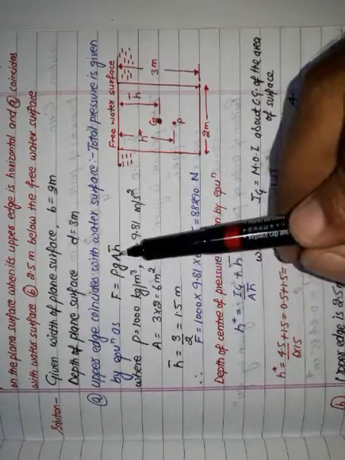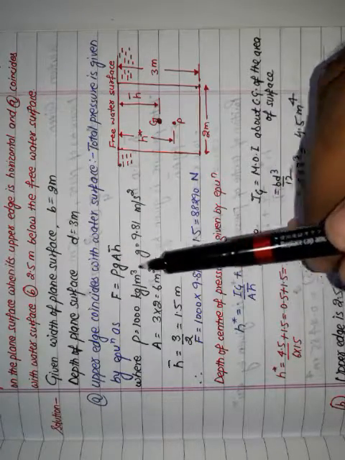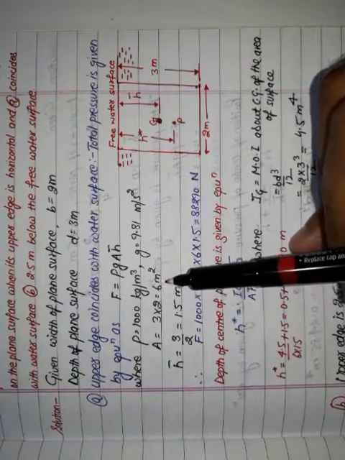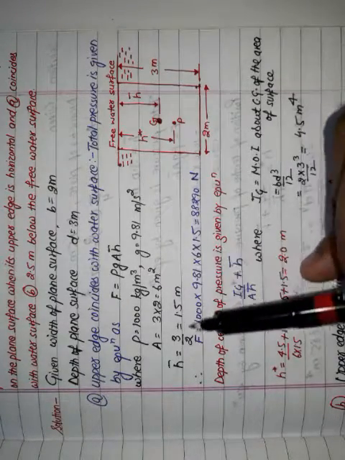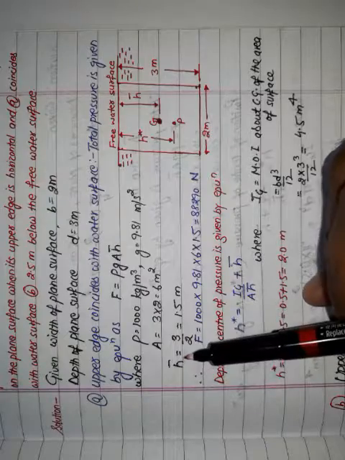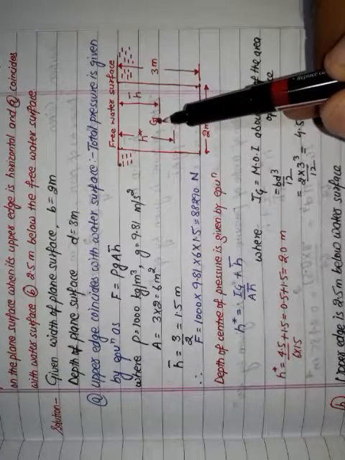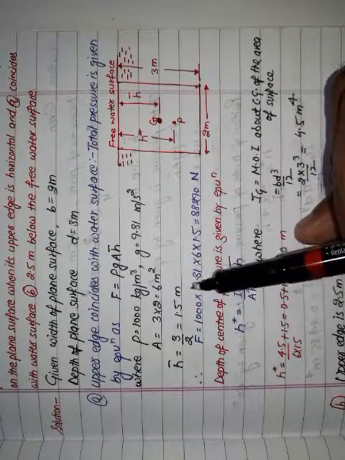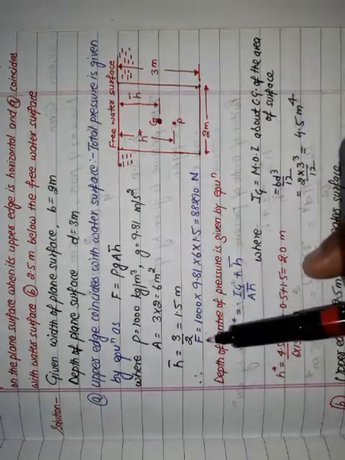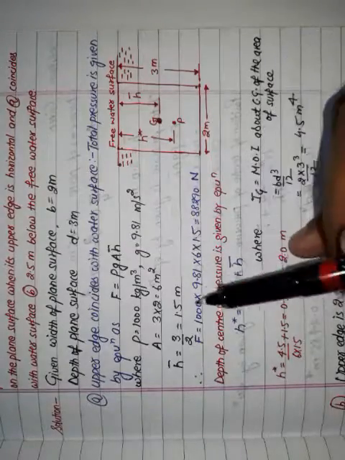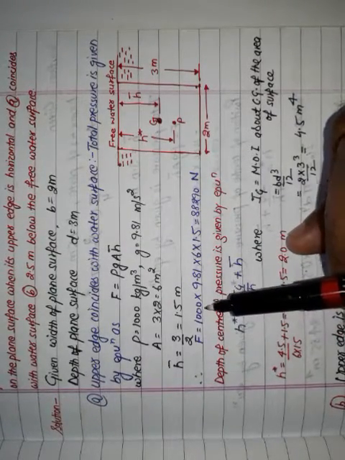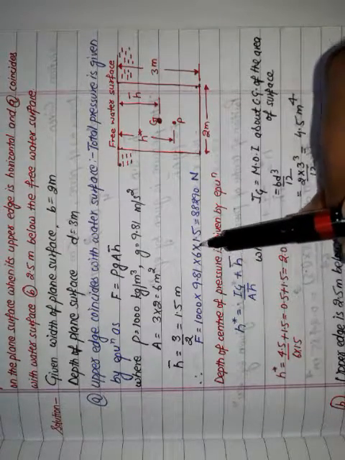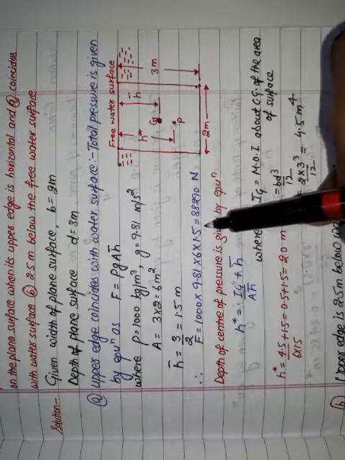So here we need A, that is the area of the surface. So that is rectangular surface, so that is 3 into 2, that is equal to 6 meter square. So now h bar, this is the distance of center of gravity, so that is the half of its depth, 3 by 2 equal to 1.5 meter. So substitute all these values in this equation, F equal to rho g A h bar. So then we get F equal to 1000 density into 9.81 g into 6, that is area, into 1.5, that is h bar. So that is equal to